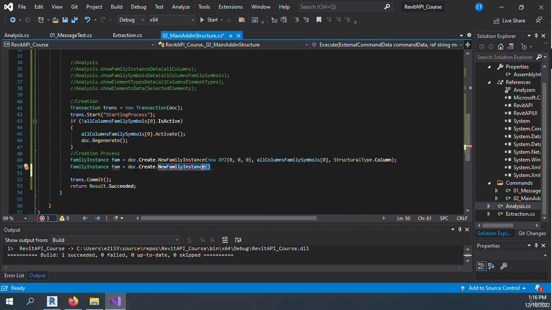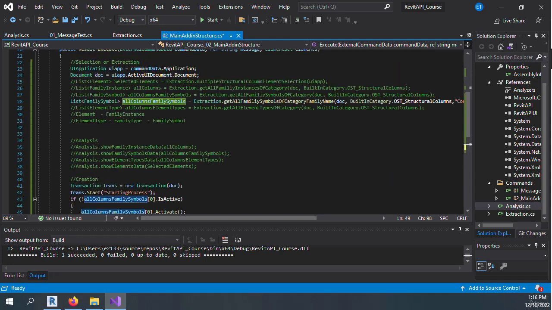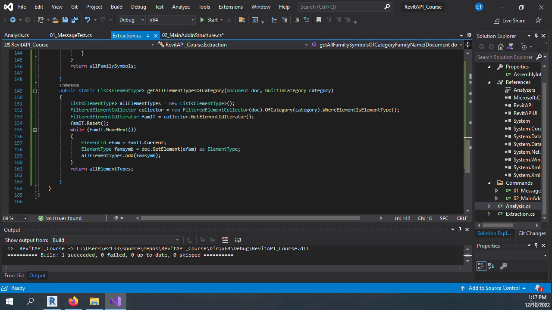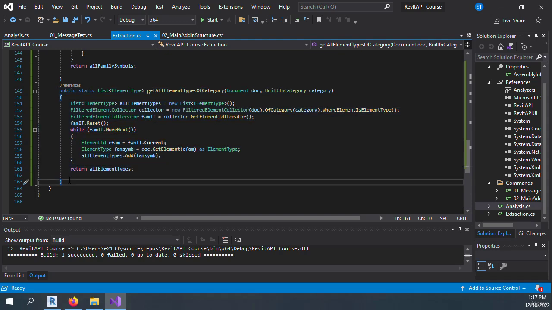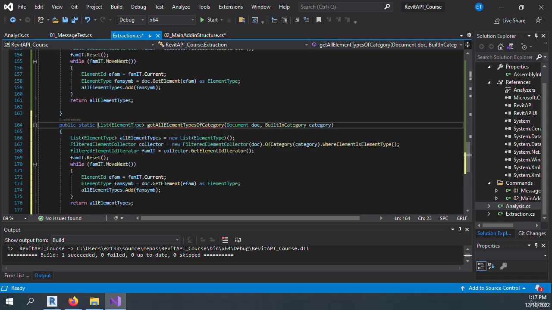So what we can do from here is that we are missing the levels. We want to know where the levels are, and for doing that we need to get all levels of the model. So we're going to go for the extraction. Our extraction methods we can use similarly to this, but the thing we're going to be calling is the level itself. We want to have the list of levels because we want to read the level, get all levels,